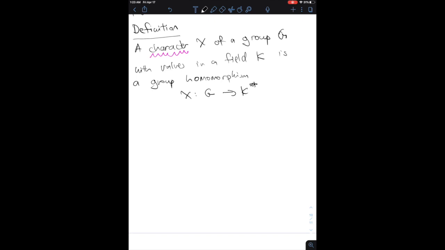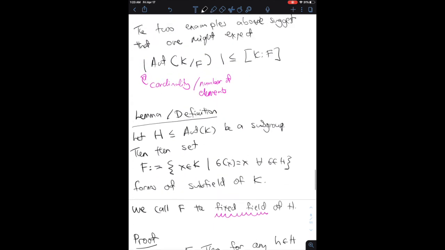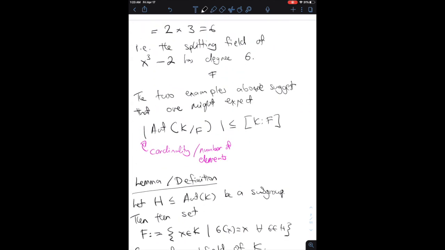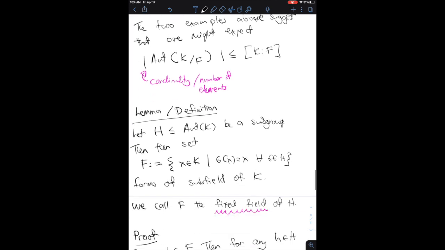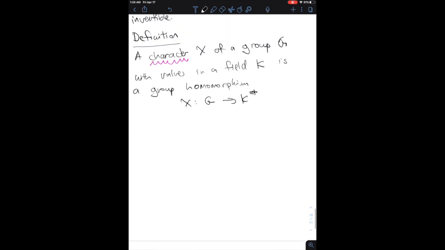So it's just a group homomorphism chi from G to K star. Okay, so that's the definition of a character of a group with values in the field, and it turns out to be a rather useful and important notion. Okay, so we'll talk more about characters next time and use this to prove this formula